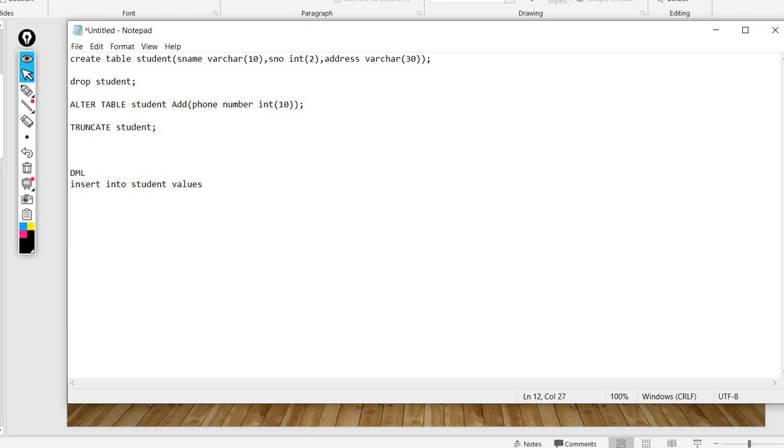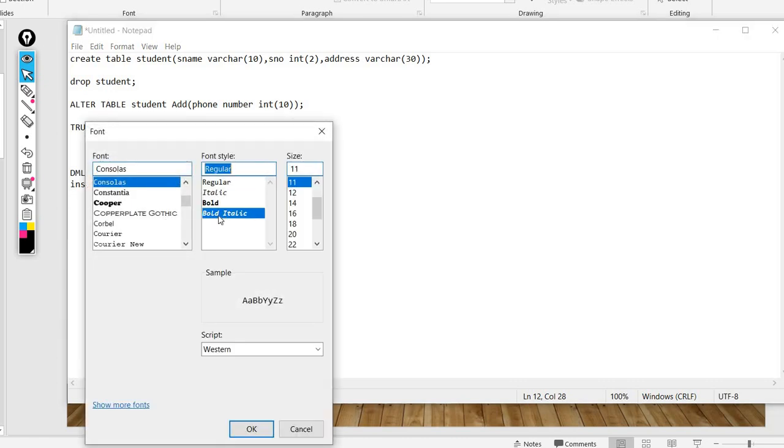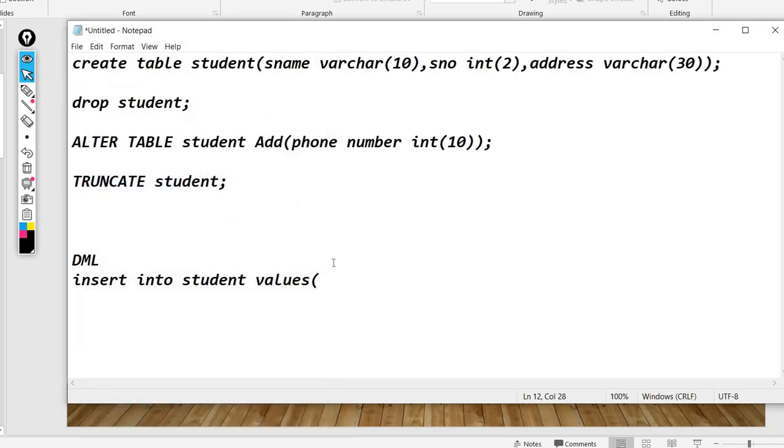This is very important, you have to give into. I'll write it a little bigger so that you can understand. So insert into student values, I'm going to insert some values.